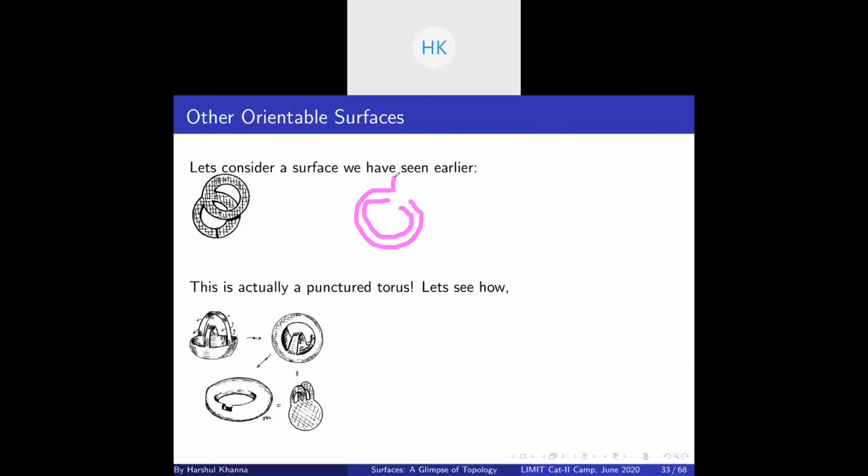Now imagine this. I can't draw properly, but you can basically lift the upper circle, the upper annulus, above the plane, and then extend it outwards. Extend the boundary of it outwards, and you'll reach a point of this, like the punctured torus. Can you see how? By the way, there is a homeomorphism properly given here, but still, if you have a doubt, I will explain more. Can you see how this is equal to a punctured torus?